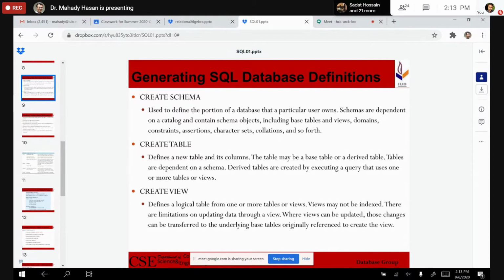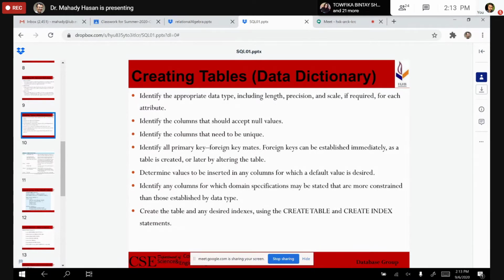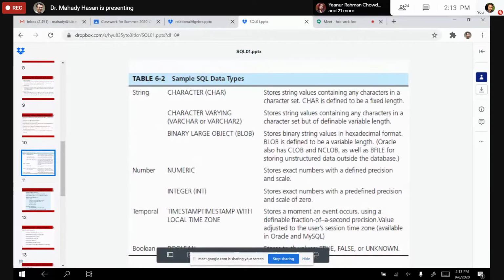Yes, sir. Okay, so from there we are in a position to create a table. Now, how can we create a table? Using SQL we can create a table, and to do that we write the command CREATE TABLE. You can see at the bottom that we can use the CREATE TABLE command. These are the different types of data that are available.